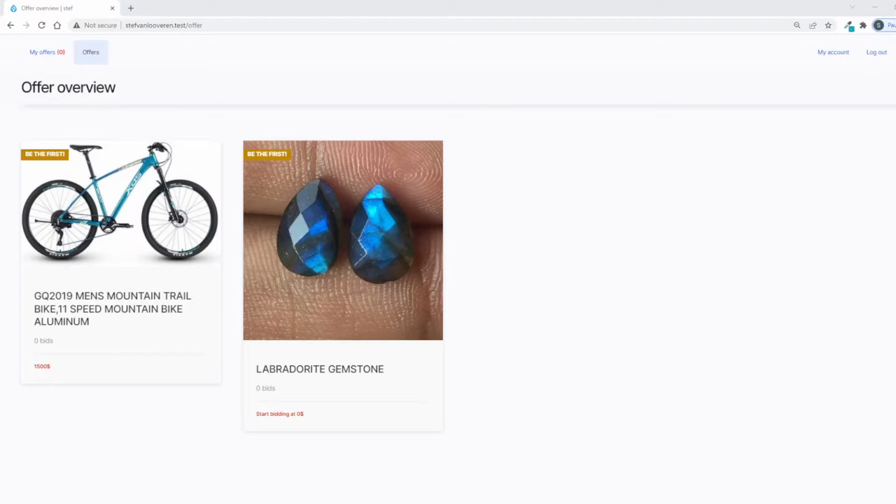You also see a promo badge, be the first. And of course this has to become dynamic. So if there are no bids yet, we have to show be the first. Okay, we start with the price. It is not correct yet because now we have bids entities, and $1,500 is the initial price, but we got